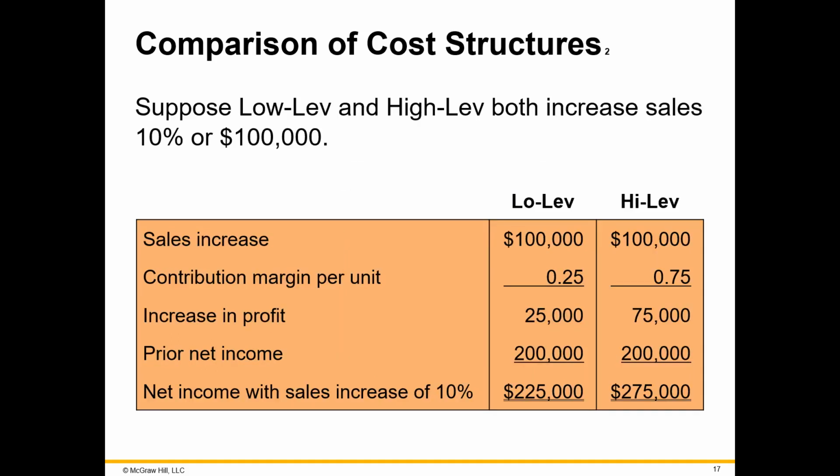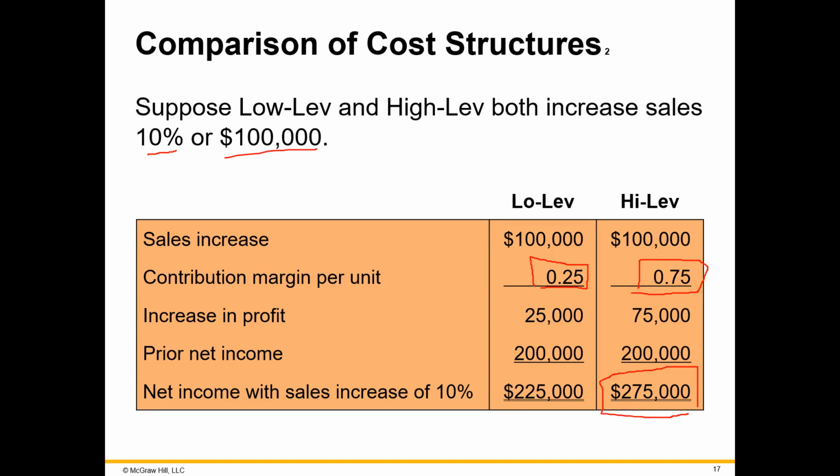Remember that both companies are beyond their break-even point. But the low leverage company only gets 25 cents in profit for every additional unit sold, whereas the high leverage company gets 75 cents for every additional unit sold. So if our prediction comes true that sales increases by $100,000, then the high leverage company is better off because they are going to make an additional $75,000 in profit, whereas the low leverage company only makes an additional $25,000